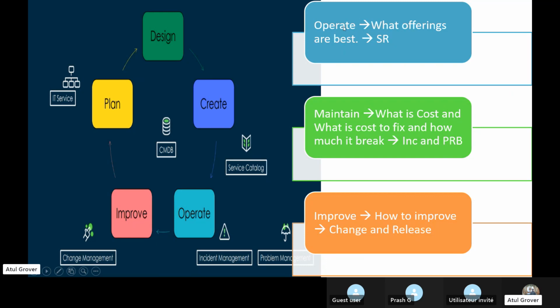What you are offering to the market, by which you are getting your earnings, is called operate. People ask me, Atul, what do you do? I'm a consultant, a YouTuber, a trainer, a baker, an author, a community content creator. These are the offerings I'm giving in the market. If you need something, let me know. I can work for you.